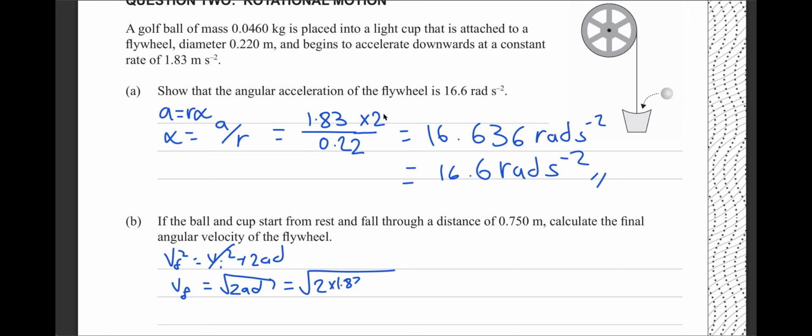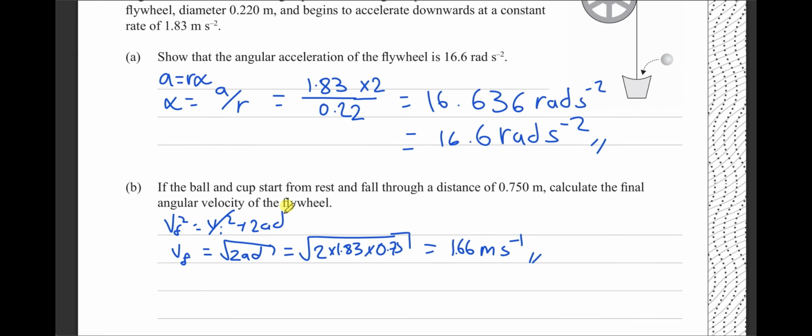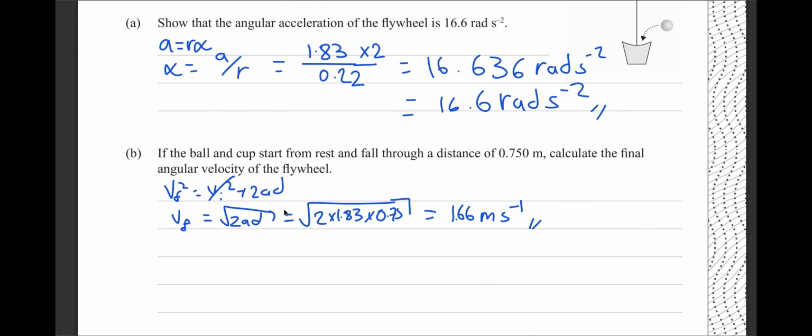2 times 1.83 times 0.75, which gives me a result of 1.66 meters per second. Okay. And so then what we can do is try to obtain a more precise answer. So if we go back this way, we know that VF equals R omega F, so then I can just equate this and this such that we get